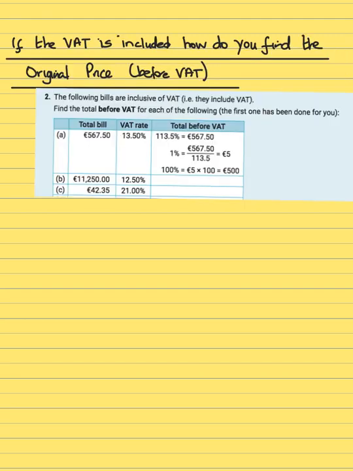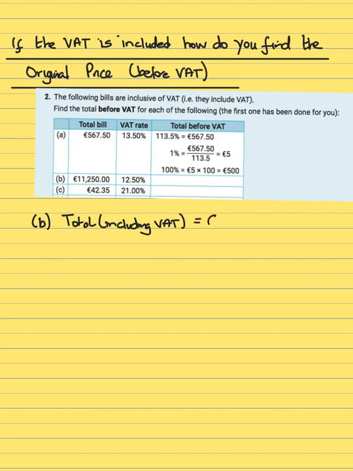Now, sometimes the VAT is already included in the price, and you want to see what was the price before VAT. So here the bills are inclusive of VAT, and we want to find the total before VAT. And once again, we will look at part B here. So the 11,250 is the total bill. It includes the VAT at 12.5%. So the total, including the VAT,